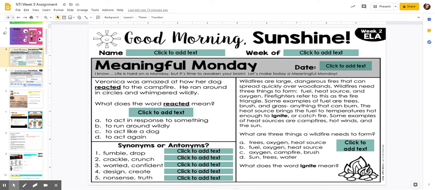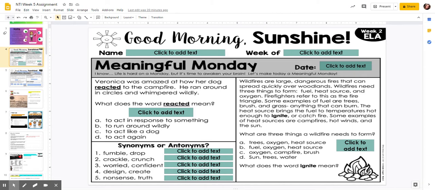So for Meaningful Monday, the word you're going to be working on is reacted. And the word reacted has the prefix re, which means to do again, and the root word act. So be sure to pay attention to the entire word when you're looking at your answer choices. Remember that synonym means the same and antonym means opposite. So you can just put an S for words that mean the same and an A for antonym for words